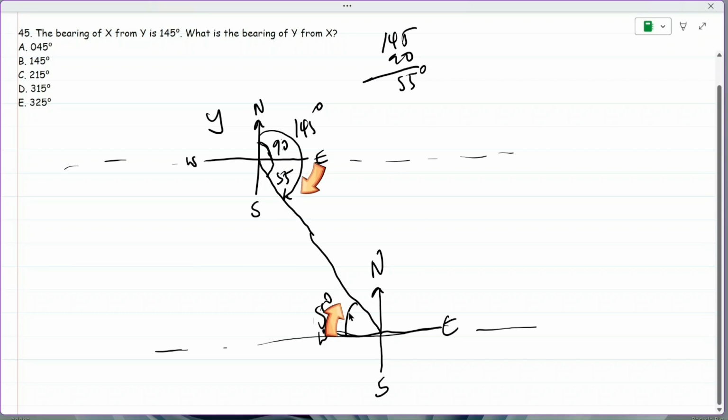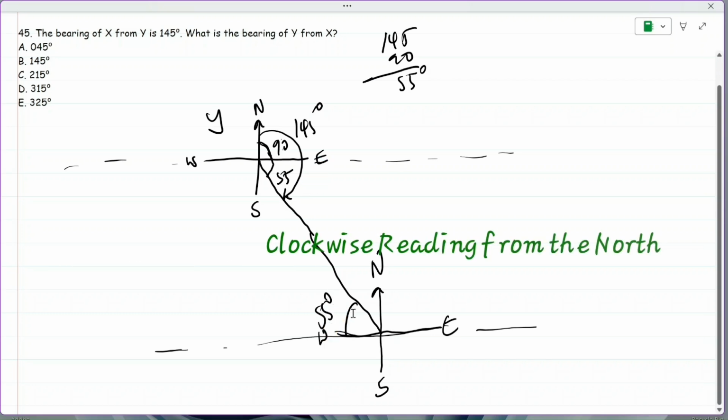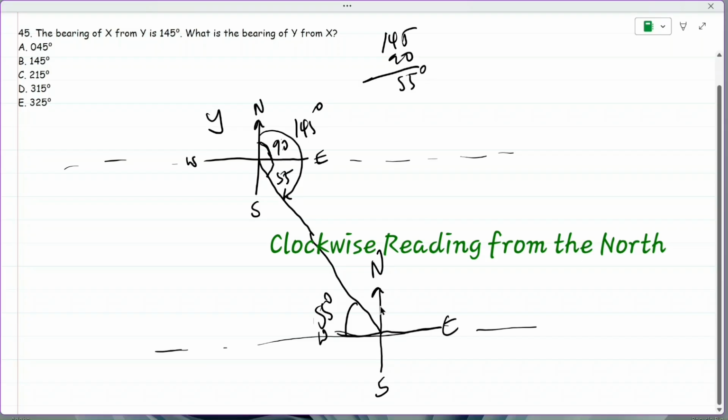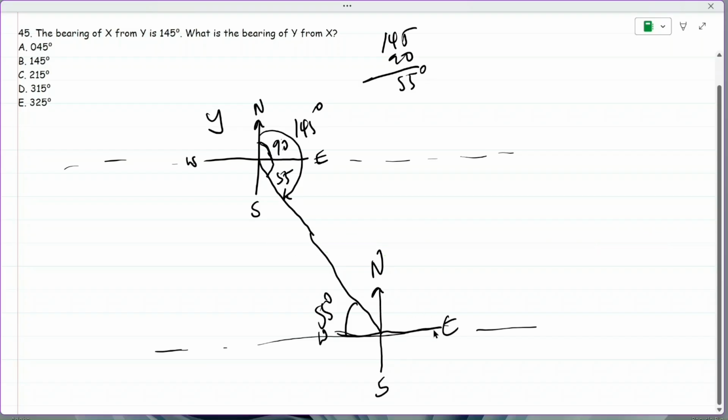And our answer is wanted in 3-figure bearing. We start taking our reading from the north. We go from north to the east is 90, from the east to the south is 90, then from the south to the west is 90. Now we've gone 90, 90, 90, then from the west going towards the north to the point where we draw a line from. The line that shows the location or the bearing of x from y,